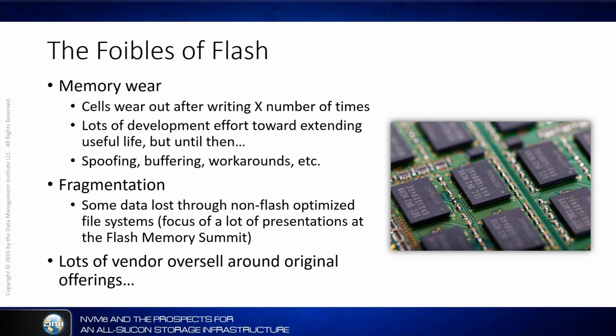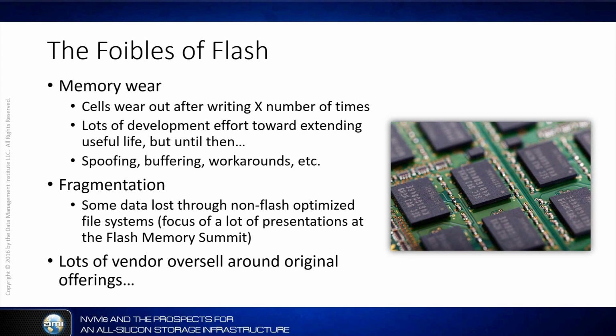The other problem with flash is that it tends to decrease in terms of its efficiency and its speed of writes after the first time it's been written. In fact, it loses 50% of its performance once you've fully written the flash device, because the next time you write to a group of cells, you have to delete all the data that's in that group before you can write new data to the group. So that's a two-stage process, and that reduces the efficiency of the flash device by about 50%. Anyway, through all these wear leveling techniques and these interesting controller designs, folks have been trying to work their way around and sort of spoof those problems so they're not as in your face as you might think.